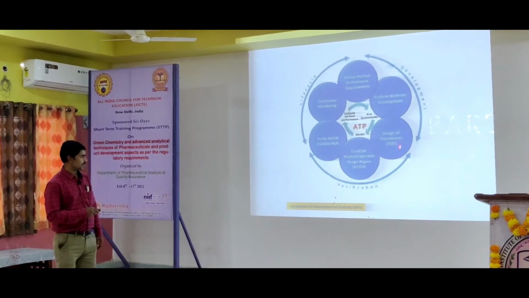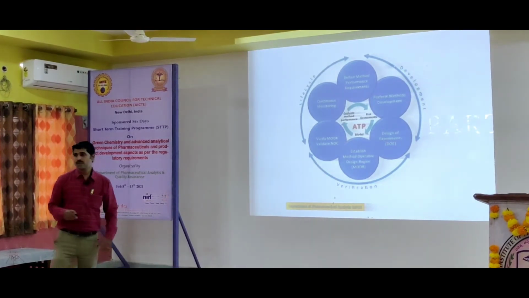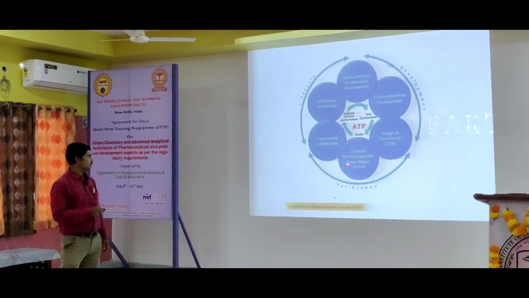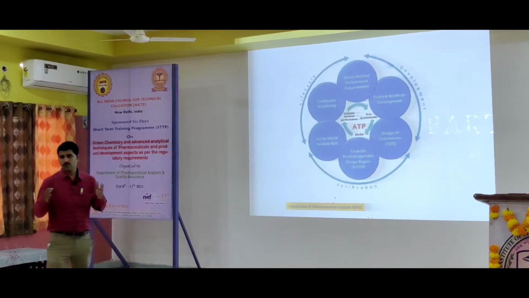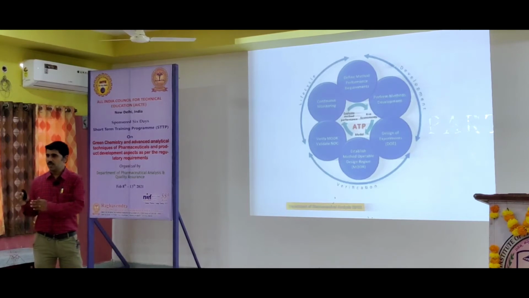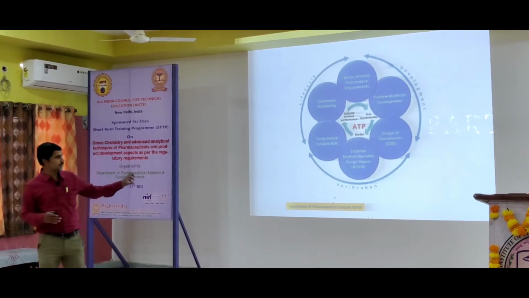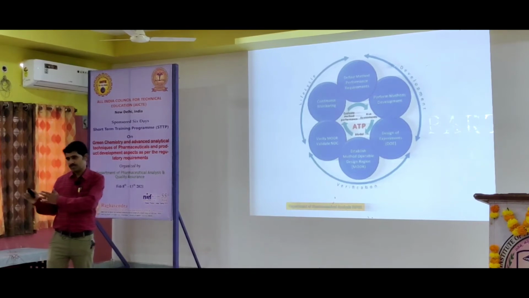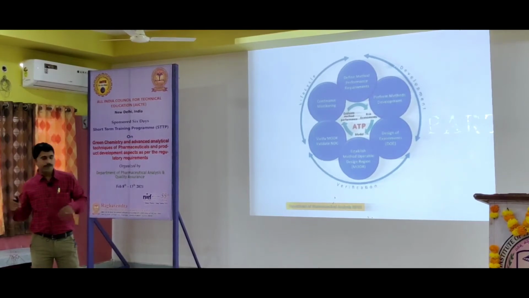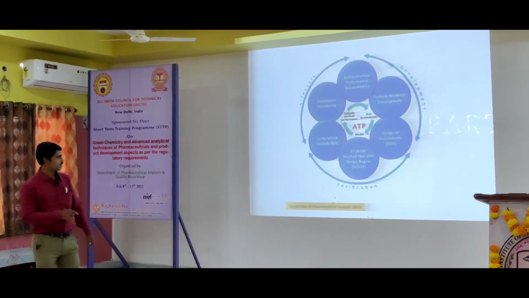Then design of experiments, DOE, which is a very important one. The instrument will give you some experiments which we need to try. After that, establish the MODR, the method operable design region. In this region you get a wide range. Suppose in a method development, if an 85:15 ratio is fixed, we have to fix that only. But here we can go 85 to 90% or 92 to 83%. Whatever range you take within it, you will get your desired output. So we have plenty of space, that is the MODR.